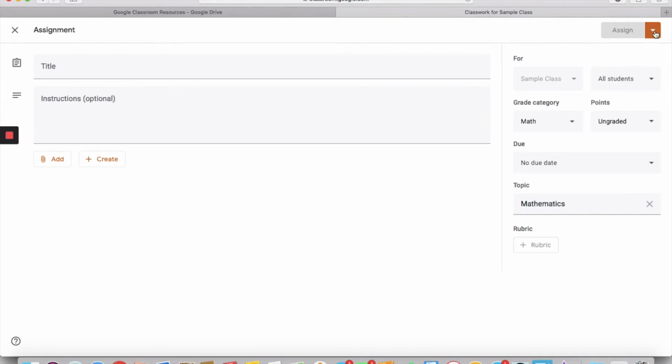When you click on this little arrow next to the Assign button, you actually are given the option to schedule or save each assignment that you've created as a draft, which is super awesome. So I'm just going to put week of April 6th math assignments. Then here I'm going to go to the add button